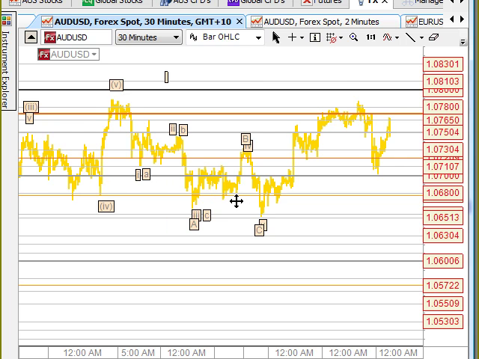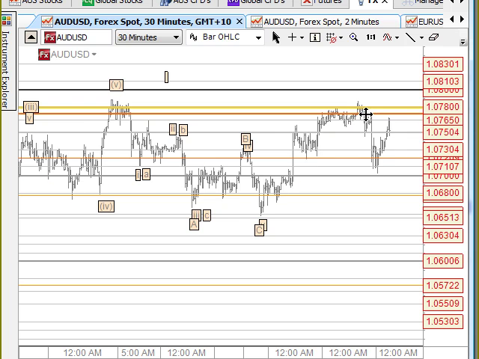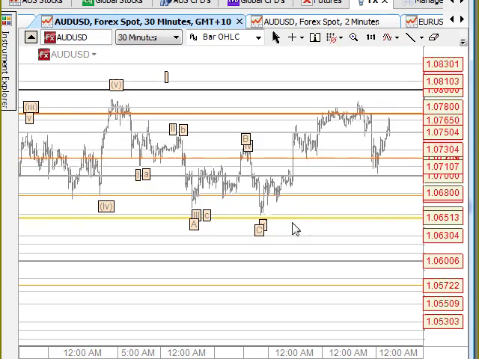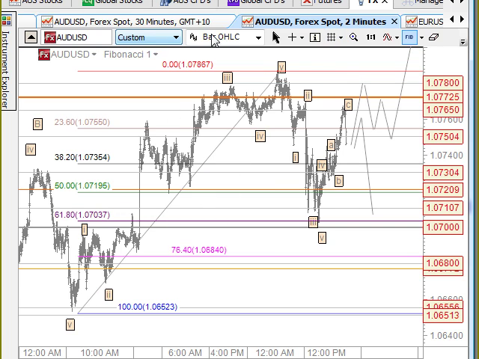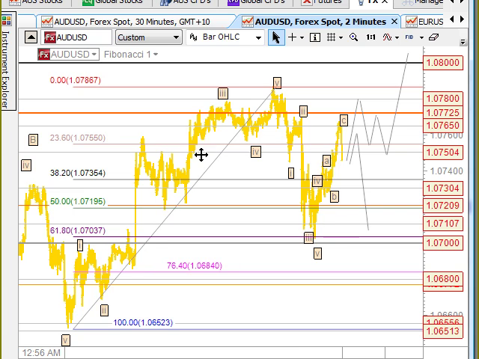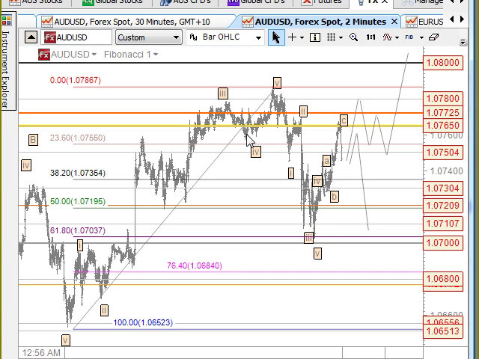Now, we may have that already in play here because we've got a very clear 5-wave structure here, and I'm just going to put that on the 2-minute chart so we can see that. So this structure that we're looking at here is this little one here. So this little structure from this low here is a very clear 5 waves to the upside. We've got wave 1 here with 5 little waves in it, then the ABC here for 2, and we've gone all the way up for 3 here, and that would also have 5 waves in it through here in terms of the 1, the 2, powerful 3rd wave, complicated 4th, and up for the 5th here.